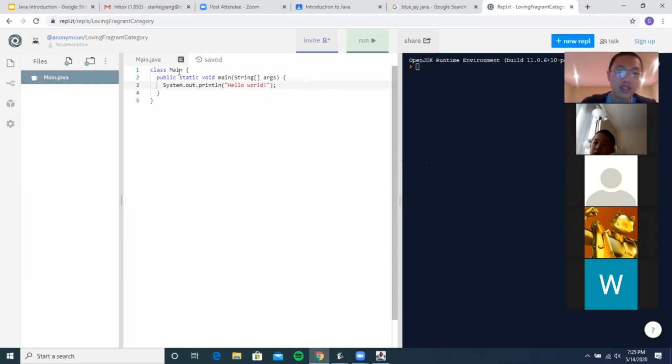So that's the class. Here, public static void main(String[] args), that is what we call a method. A method allows the computer to do an action, and we will be going over how to create methods later.